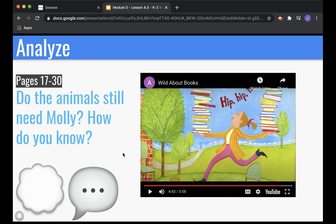What did the pictures and the words tell you and show you that makes you know that the animals don't need Molly anymore to run the library? Go ahead and pause your video. You can say, the words told me, and the picture showed me...